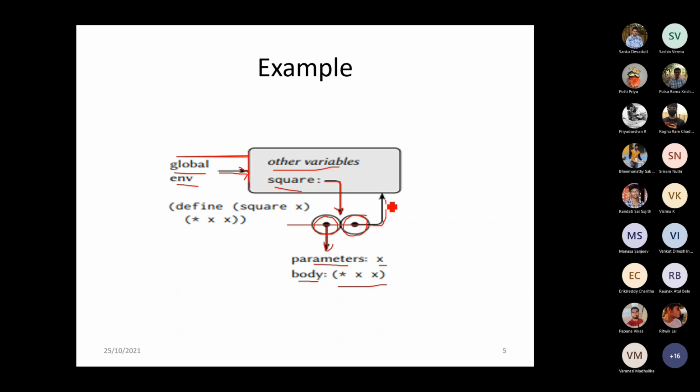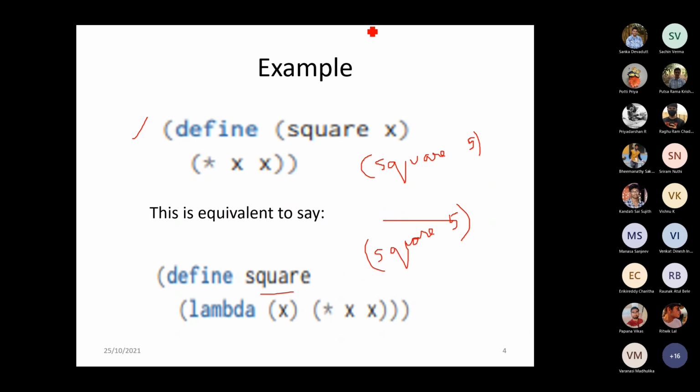So now, along with this procedure define square, say I have also defined A with the value 10. Now how will the environmental diagram look? A is now a variable holding a value.